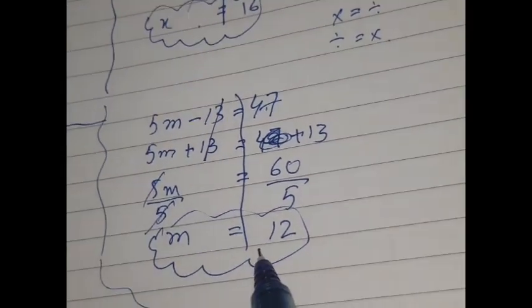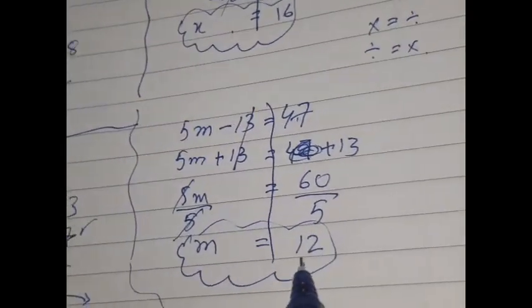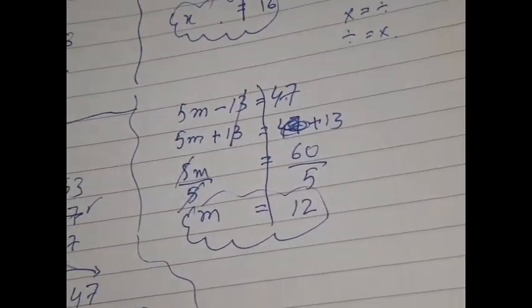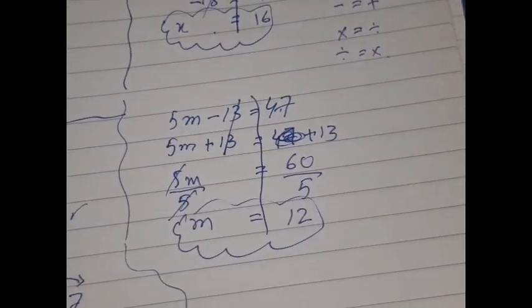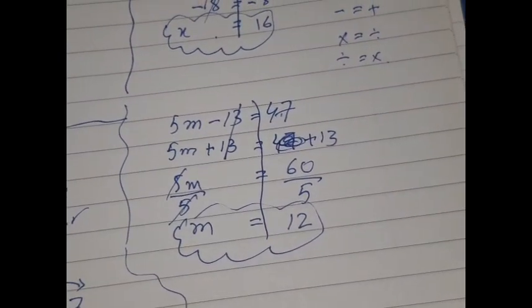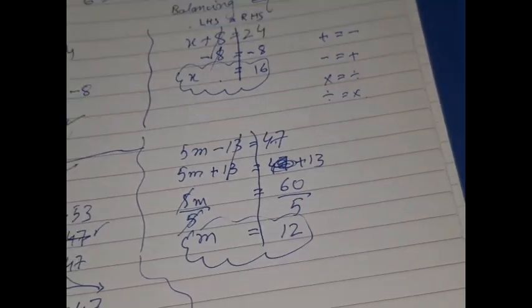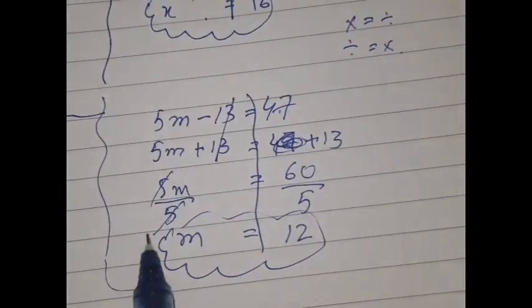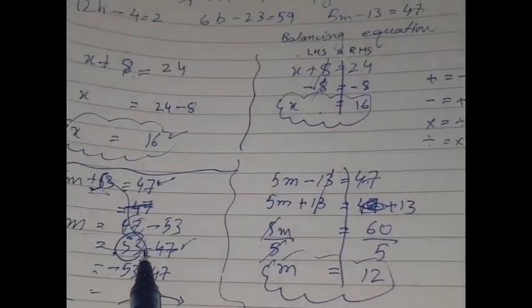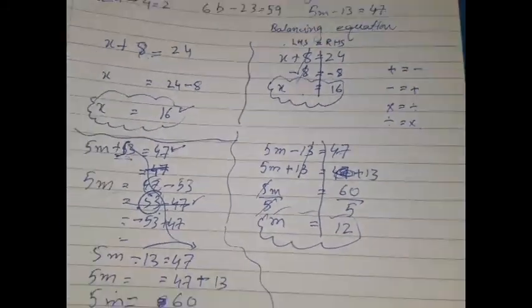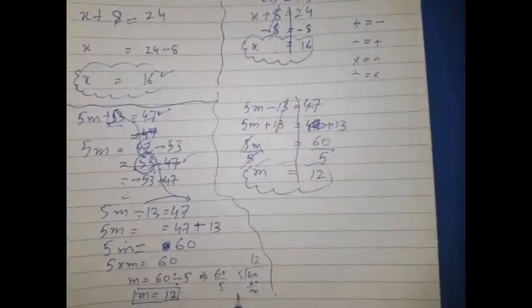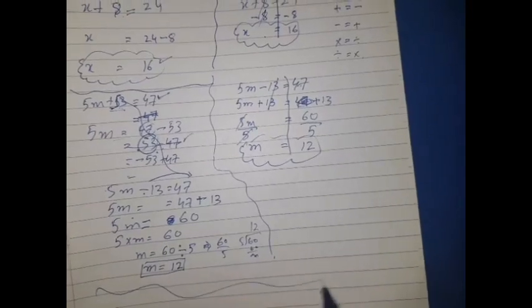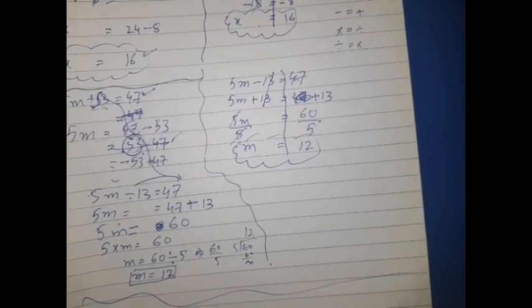If in your exam they're asking you to find the value of the equation and they're not asking you to use any certain method, you can use any method that you are comfortable with. If they're asking you to use the balancing equation, then you have to use this method, and you cannot use the other method. But if they're not asking you to use a certain method, then you can use any method. All right, so this is how we can calculate the values